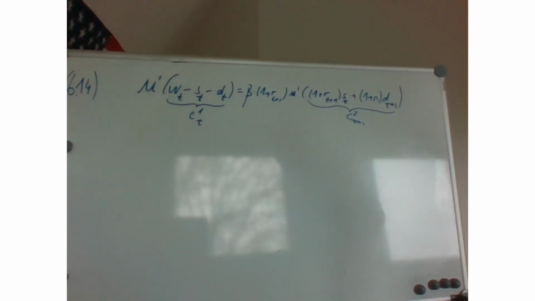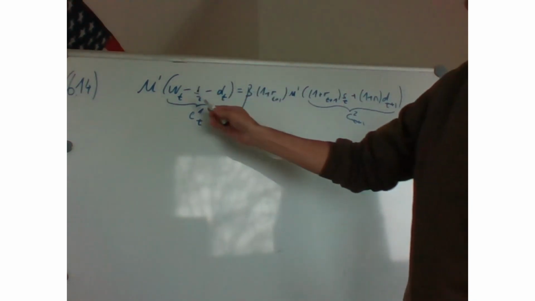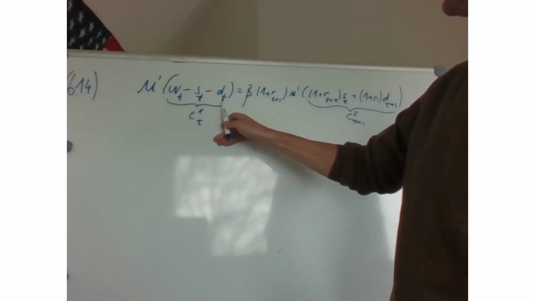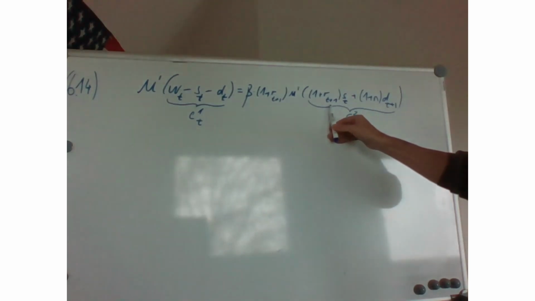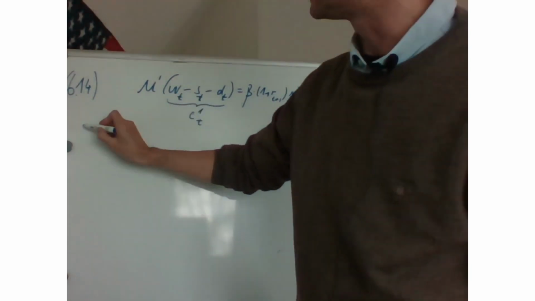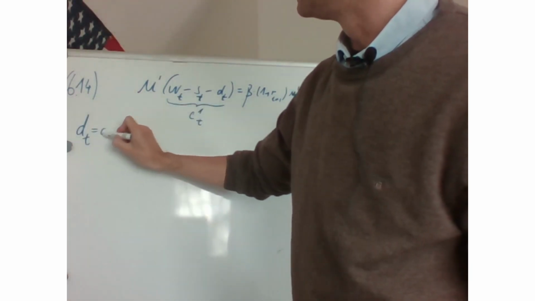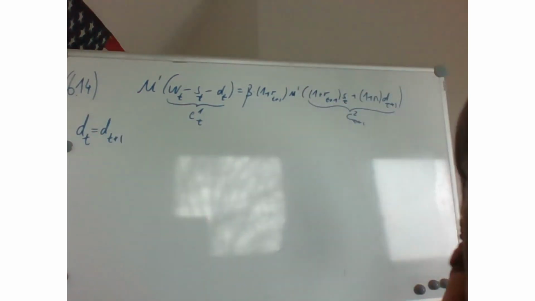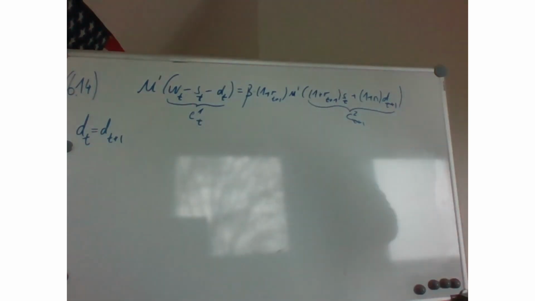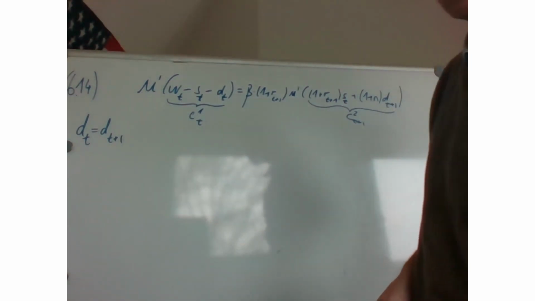Now what we do next is we use the total differential. We will formulate the total differential, and we have variables: wage Wt, savings St, contributions Dt, interest rate Rt+1, and Dt+1. We will consider the case that the government runs a balanced, constant contribution policy, so constant policy from the government side, and we will formulate the total